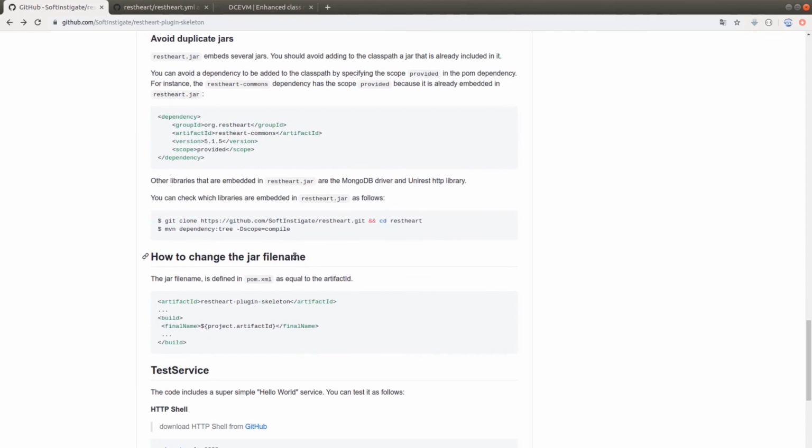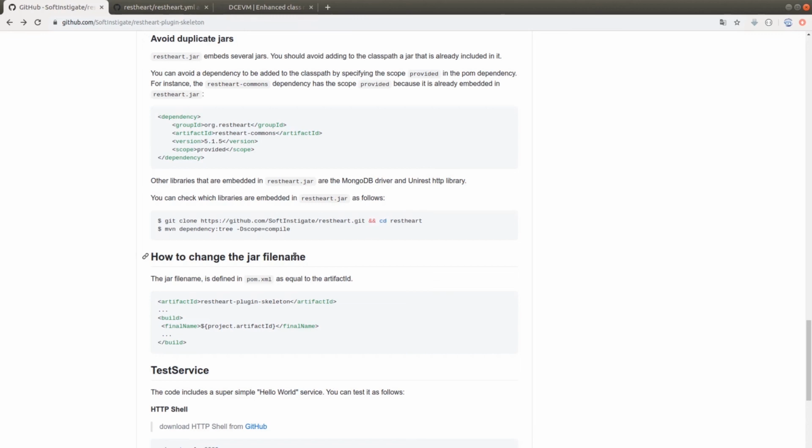Finally, let's say another thing about dependencies. As we already said, it is possible to use dependencies inside the plugins, apart from Restart Commons, which is the fundamental one because it makes available all the different restart interfaces to be used to make plugins. However, we also said that these jar files do not have to be duplicated. They can be already included inside the core. Of course, in the compiling process, all the dependencies jars will be inserted inside the target/lib directory.